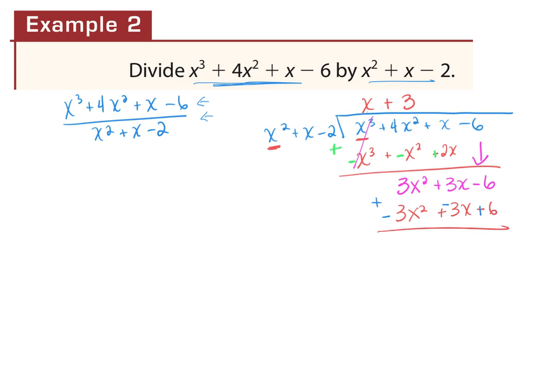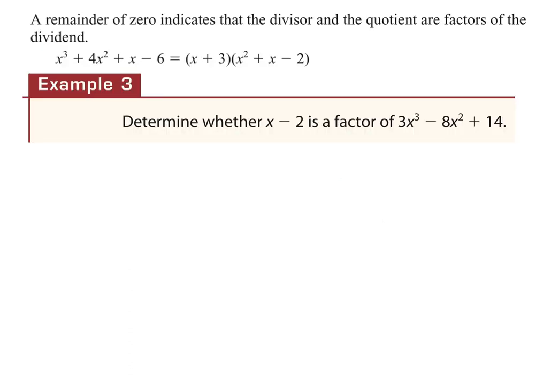So we're going to say 3x and negative 3x squared. These cancel, these cancel. I have a remainder of 0. So my answer here is going to be x plus 3. When I divide this by that, I get x plus 3. We had a 0 as a remainder. When you have a 0 as a remainder, then that is a factor of your function,